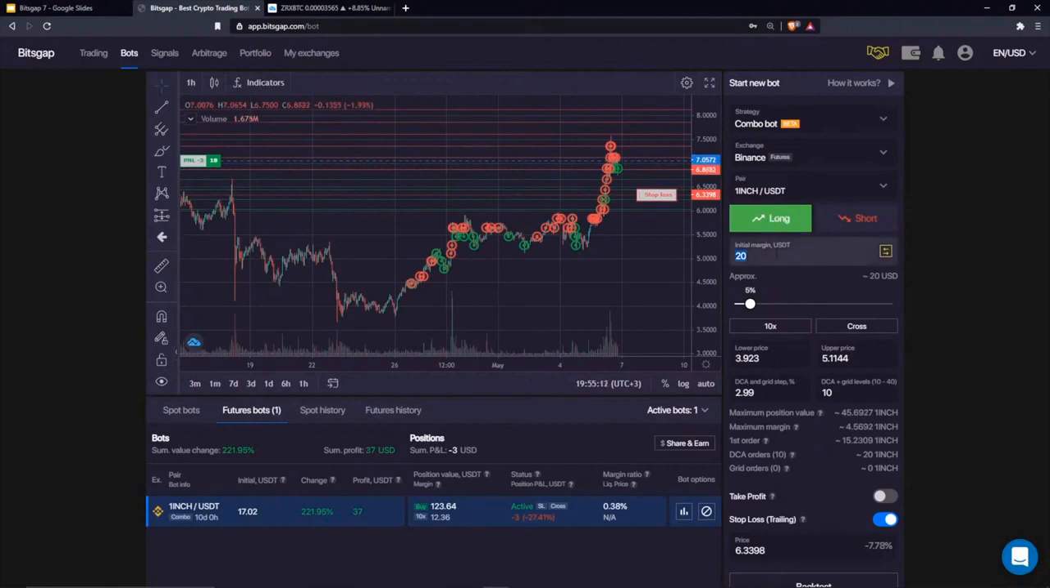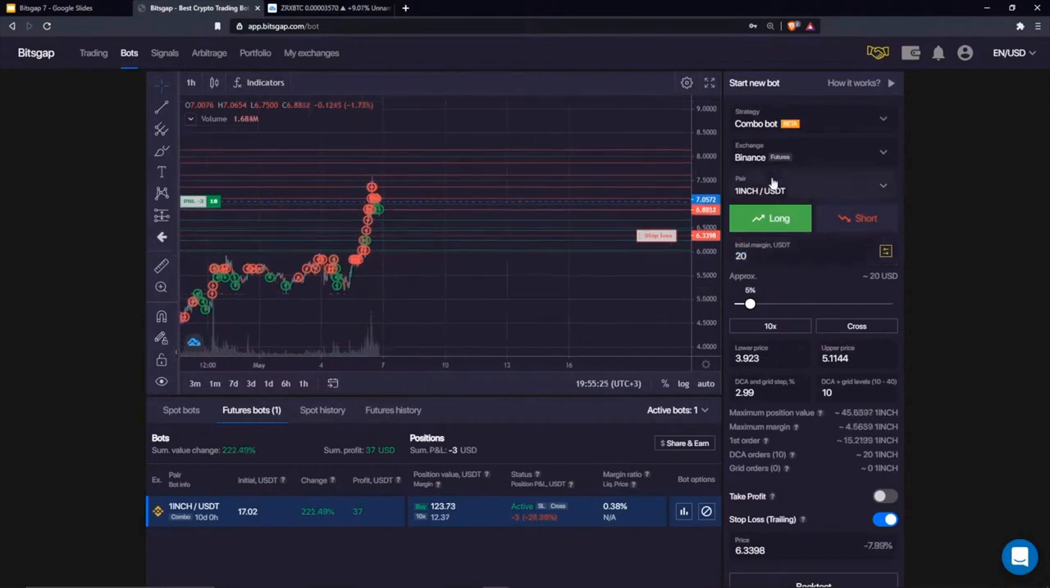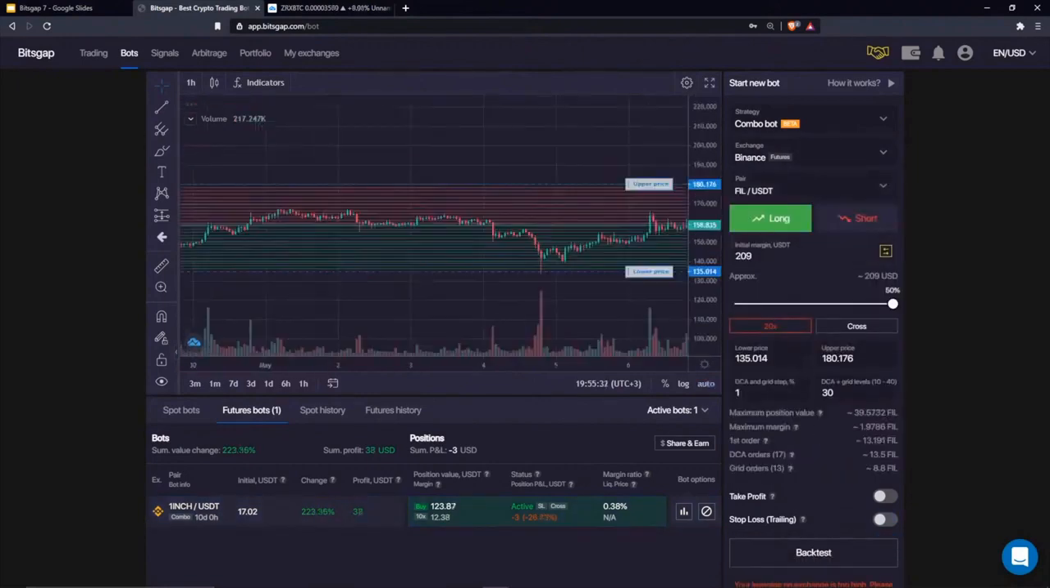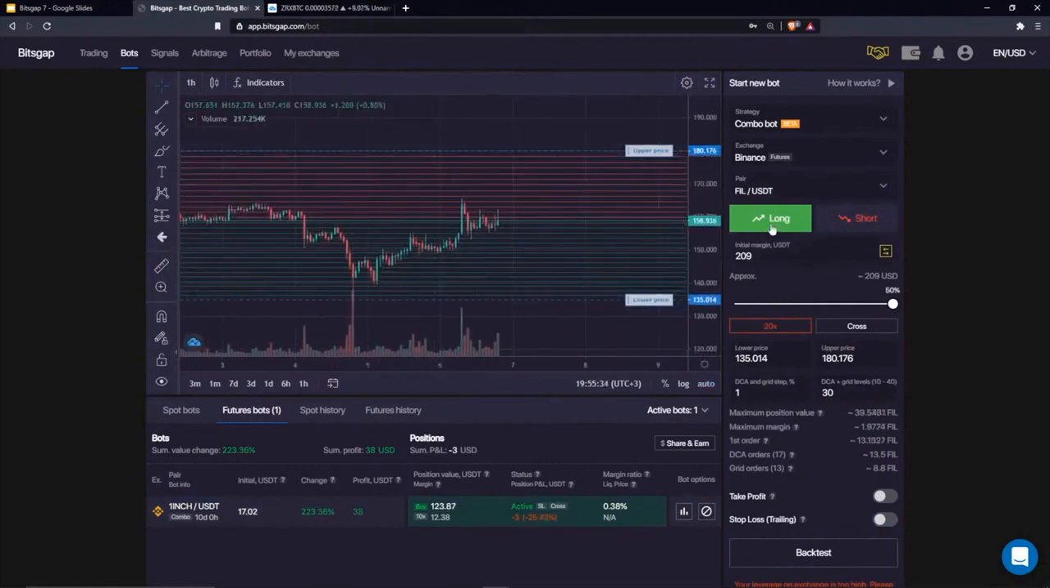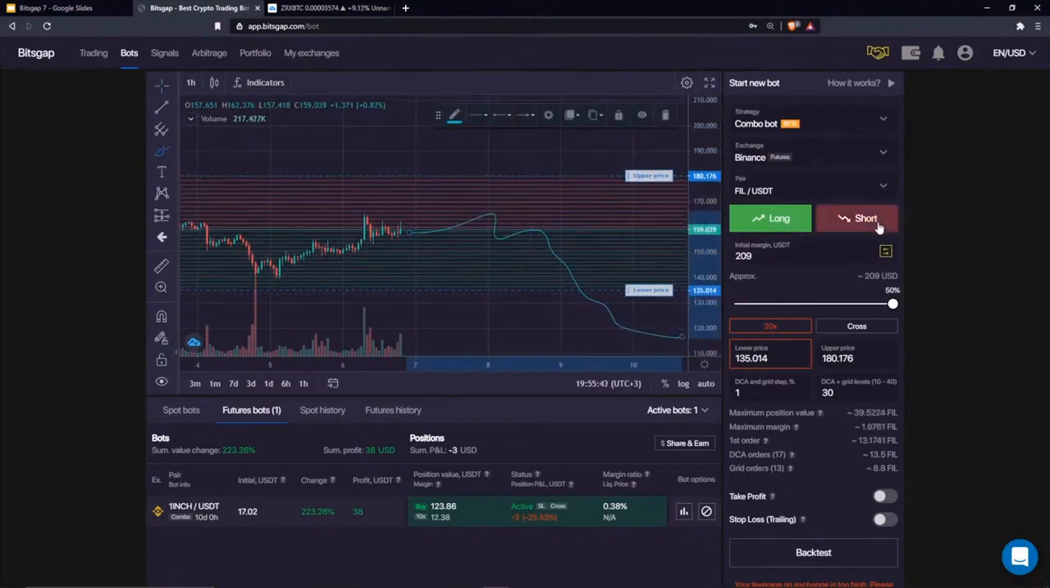But the thing about the combo bot, because it's completely different from the SBot and the classic bot, is that your risk exposure can be multiplied as a result, because it's due to the investment distribution that we have here. For example, let's see what we have for fuel and USDT. So let's say we want to trade long. I mean, I think the price will move like this. That's why I stick with long. If I would see the price moving like this below, then short